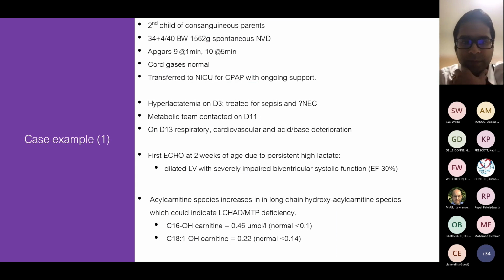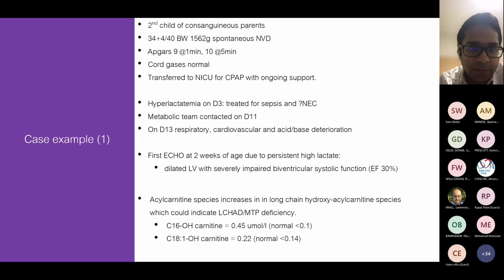So I thought I would show a couple of cases. I think I have 3 cases to try and illustrate some of the major groups of IMDs that we see. And these are all cases that have presented in the last year, I think. So the first one is a 34-weeker who's the second child of consanguineous parents, and she was born in not terrible condition, but did need to be transferred to the neonatal unit for CPAP and had ongoing support. And then reasonably early on day 3, picked up hyperlactatemia. She was treated for sepsis and query NEC, but the lactatemia persisted, and we were contacted and arranged some investigations. And she had a respiratory and cardiovascular deterioration about 2 weeks in. And actually, the first echo was done at that time, and